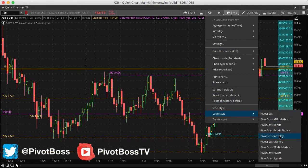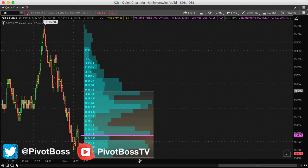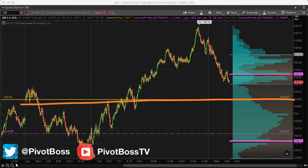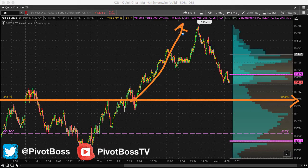Now, on an intraday basis, we've pulled back after a trending market. We're coming into that support. Here's 154.07. That's a big-time level. So after the expansion here, the expectation would be at least short-term, bulls would want to defend that level and try to get higher. Any failure after that could lead to a move into the next low VPOC